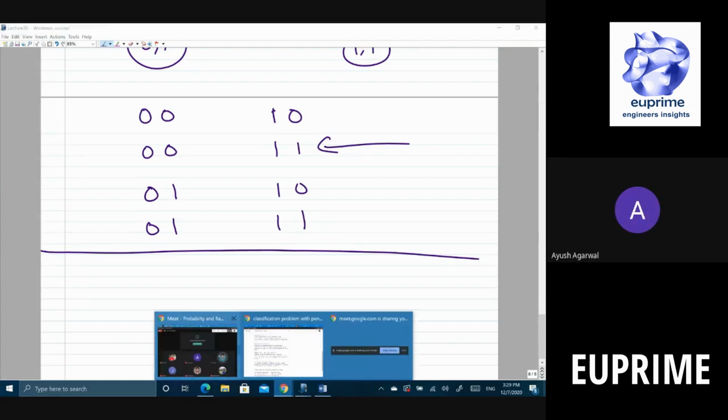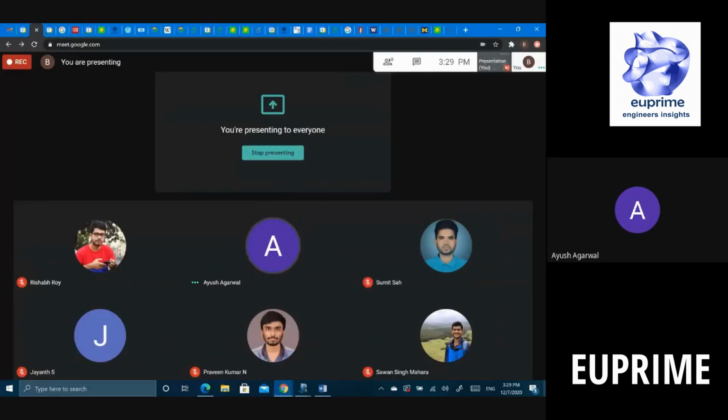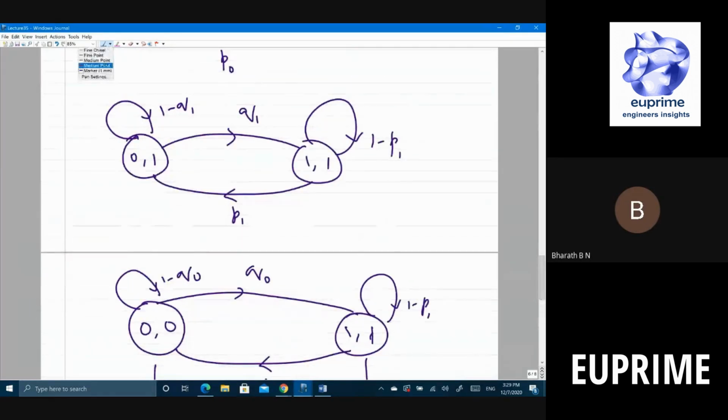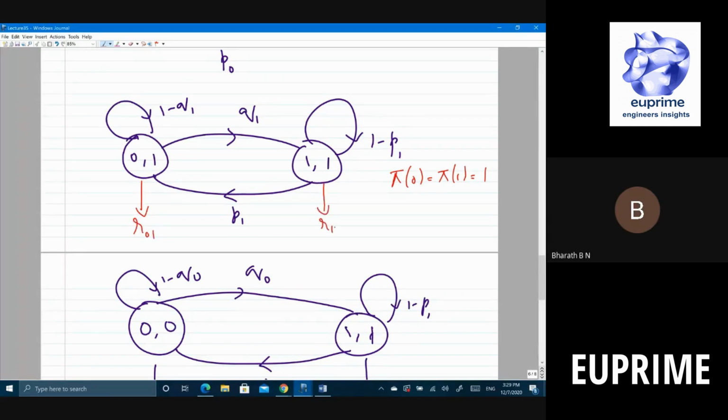You are saying that here we have to pick the maximum one, something that maximizes. Yes. So what are we going to maximize actually? The reward, right? For example, take this Markov chain. Suppose you have chosen to transmit when the state is 0, and again transmit when the state is 1. Your policy is pi of 0 equal to pi of 1 equal to 1. This is the stationary deterministic policy that you have chosen. Now, being in this state, the nature will choose some reward. Let me call this R01, and this reward is R11.